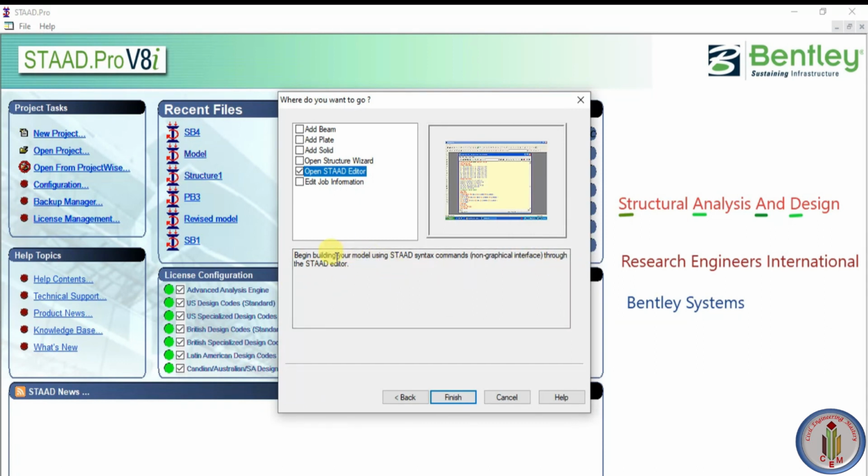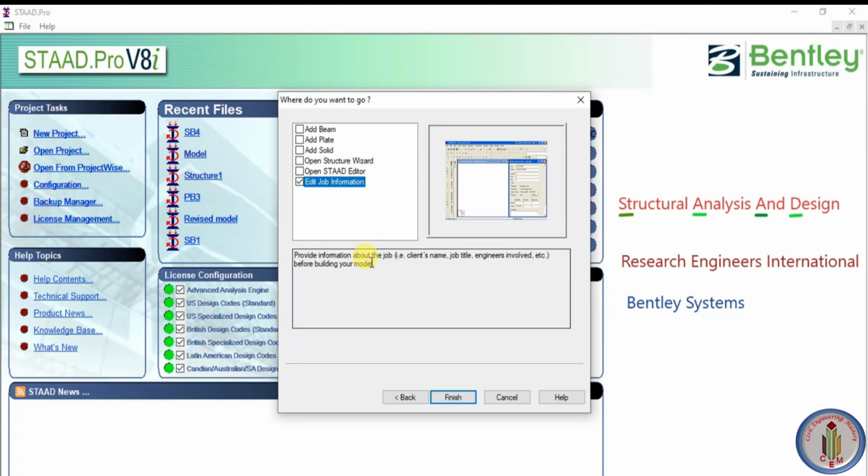So this is a non-graphical interface where you can enter your commands, syntax commands, and then create a model. Next, edit job information. So this is a page where you can provide information about the job, that is a client's name, job title, engineers involved, etc. before building your model.